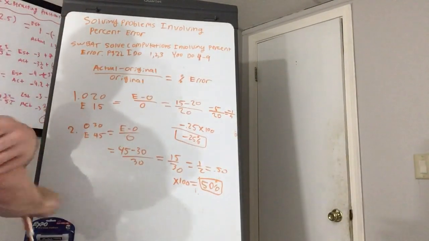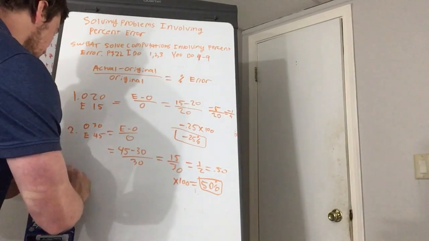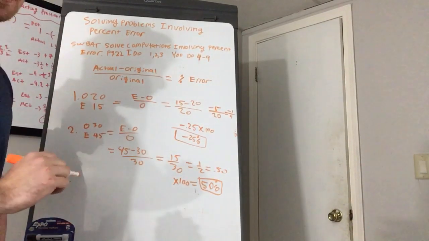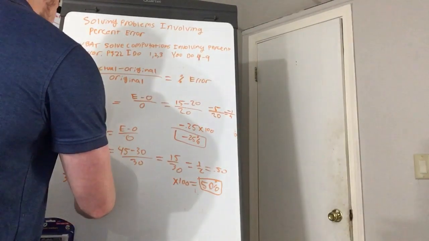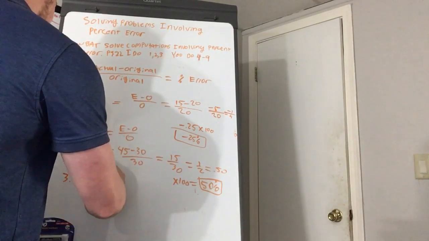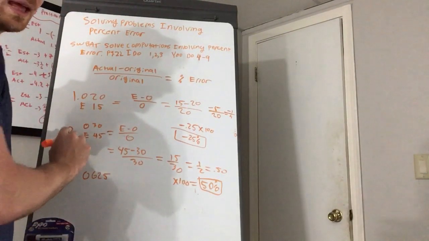Last one I'm going to do for you is number 3. The original amount is 625. The end amount